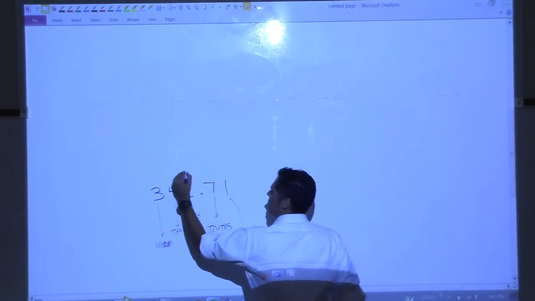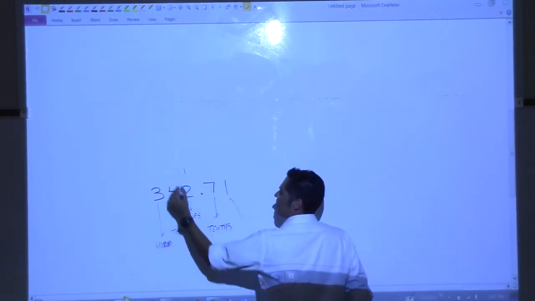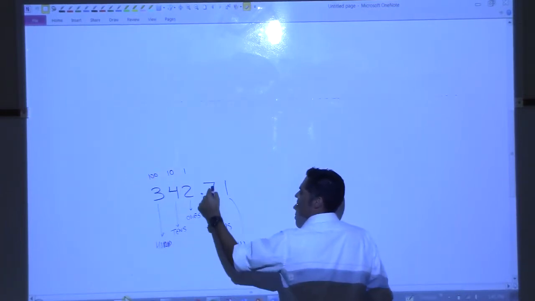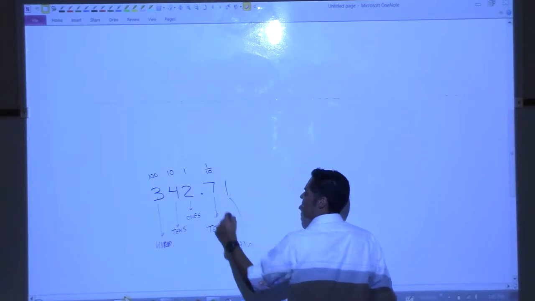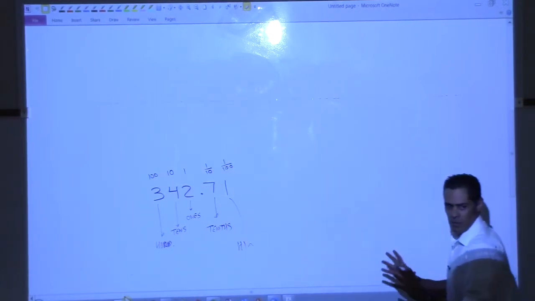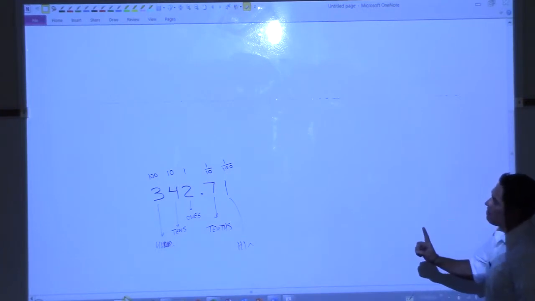Let me do it this way. This is how many ones I have, right? This is how many tens I have. This is how many hundreds I have. This is how many tenths I have. And this is how many hundredths I have, right? Still there? Okay, now,